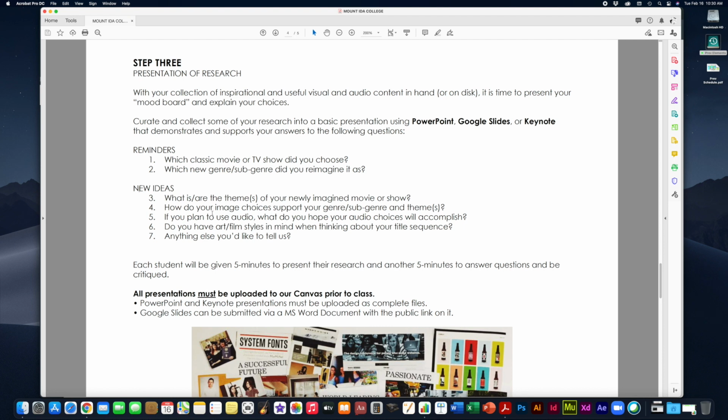okay? So some of the questions you're going to try to answer are, what are some of the themes of your newly imagined movie or show? Now, we did talk about themes early on in the semester. You can go back and look at that information. If you're unsure what themes are, they're, of course, related to genres and subgenres. How do your image choices support the genre and subgenre that you chose? I just gave an example a minute ago, right? If you're trying to go for a horror theme and you're showing us all bright, sunny photographs, maybe there's a disconnect, right? So you have to make sure that things make sense for the type of mood that you are